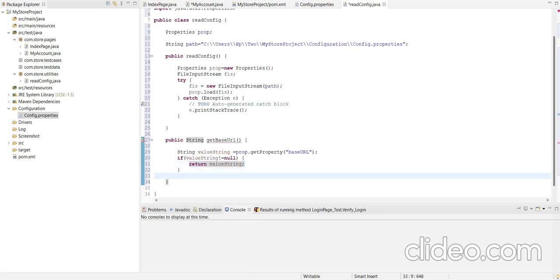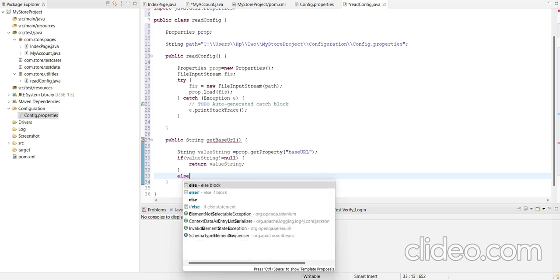And else, it will throw the runtime exception.